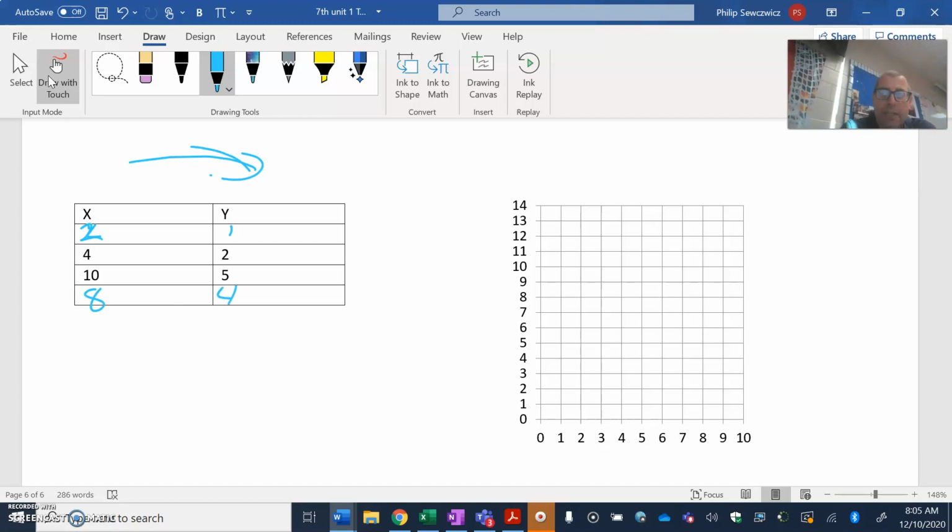Okay. So let's go to our graph over here. I'm going to go to the right 2 and I'm going to go up 1. So there we go. To the right 4 and then up 2. Okay. To the right 10 and then up 5. There we go. And then to the right 8 and then up 4. Okay. So there's a few things we want to watch for here. You might be looking at this and you're like, I think we've got something here. I think we do have a straight path of points that's going to the origin. Now you might also have difficulty drawing a straight line and you might be like,